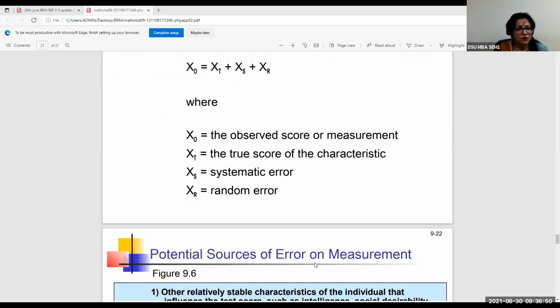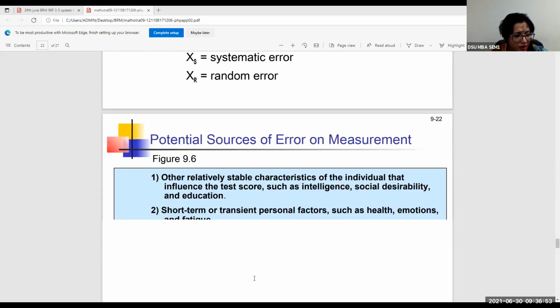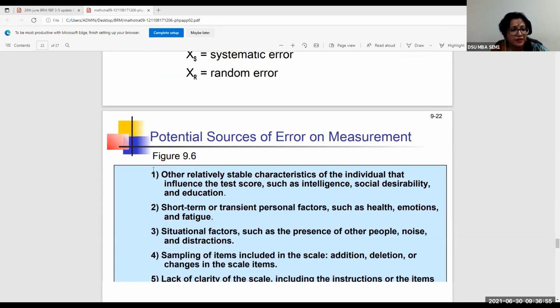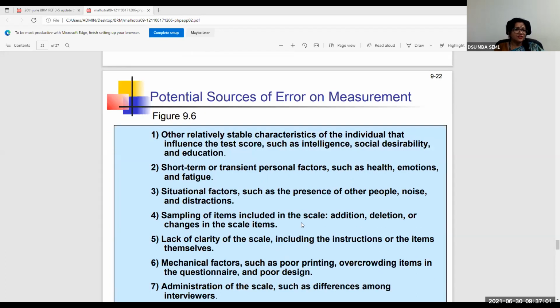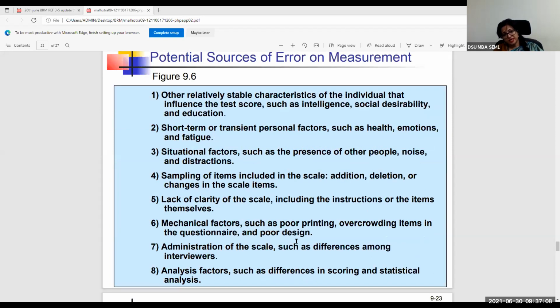All right. So when you talk about measurements, you have to ensure that there is less error possibility creeping into the measurement, so that you can get as true a measurement score as possible. So the ideal situation would be if the observed score is actually the same as the true score. Now the ideal situation cannot be there. There will be some amount of systematic error and some amount of random error. The purpose will be to reduce the random error and just deal with the systematic error as it goes.